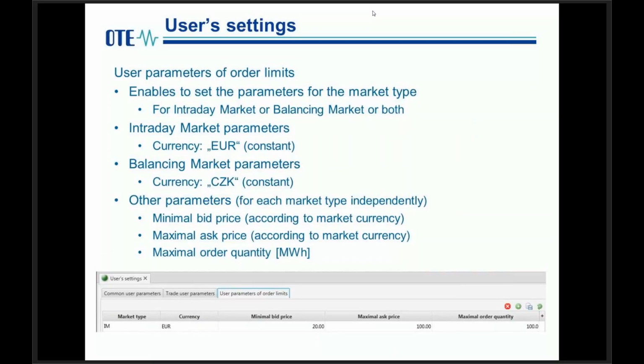This last slide concerning the user settings shows the last screen where the user parameters can be defined for order limits. The bottom part of the pane is an illustration of the screen. You can see that we have 3 parameter tabs here: common or general parameters, trade user parameters, and user parameters